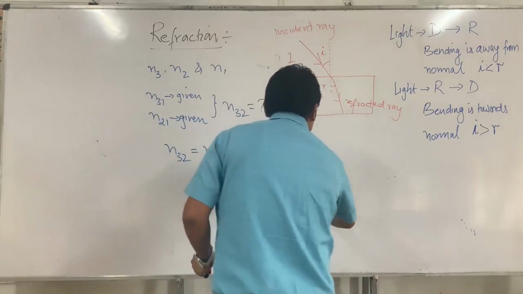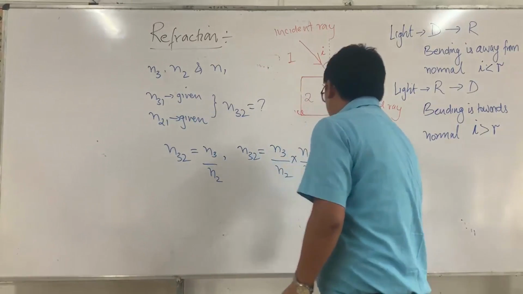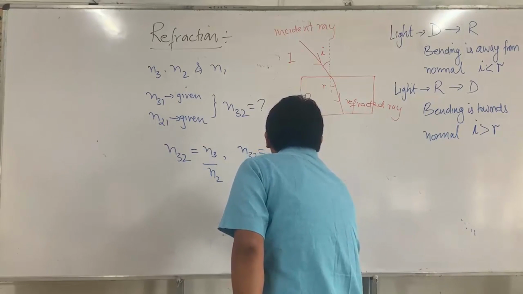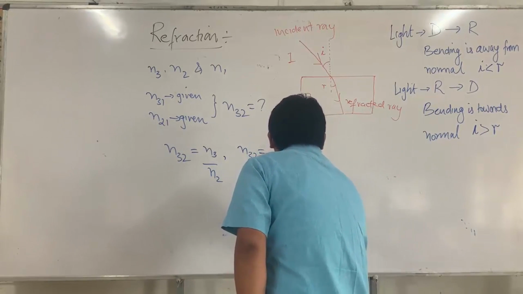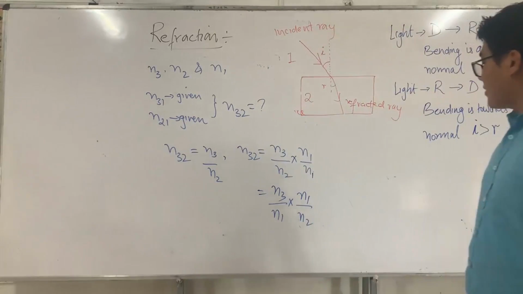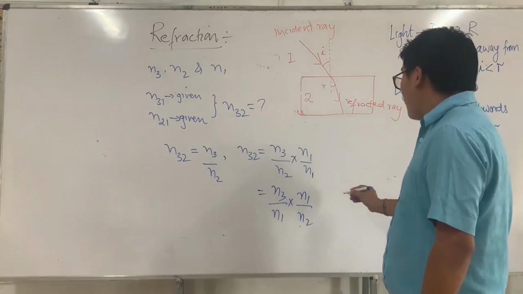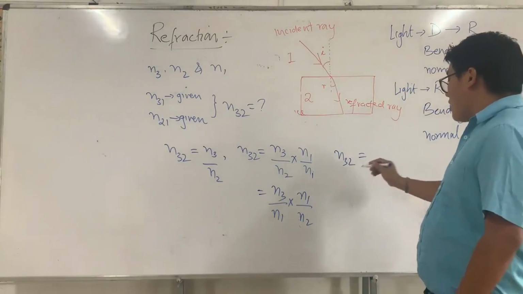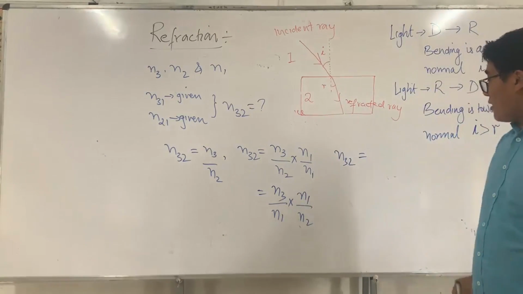Small algebra. Alright. And then N3 divided by N1 multiplied by N1 divided by N2. Okay. So after simplifying, N32 is equal to N3 divided by N1,